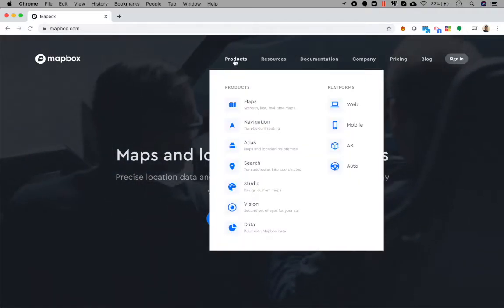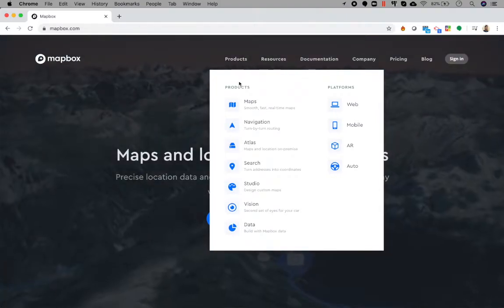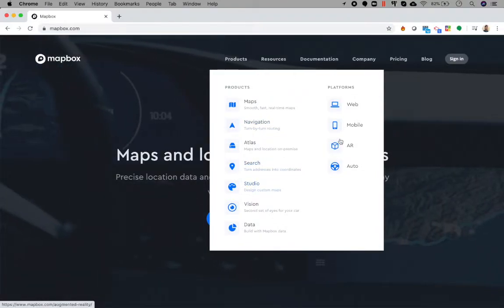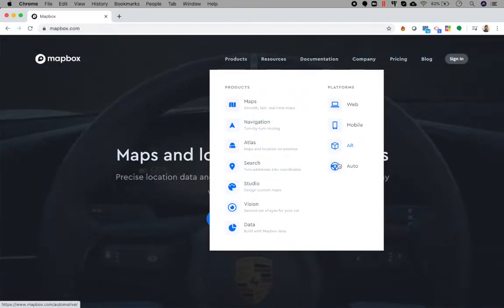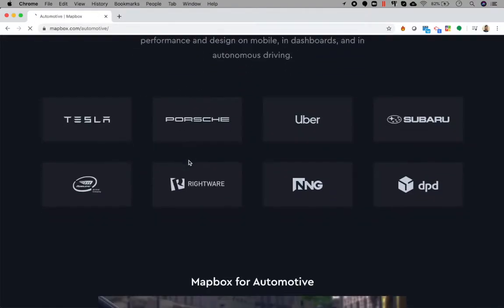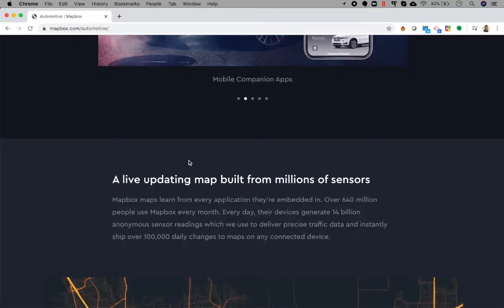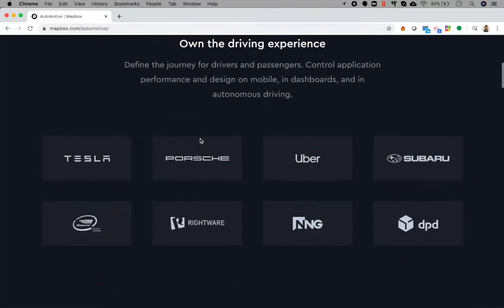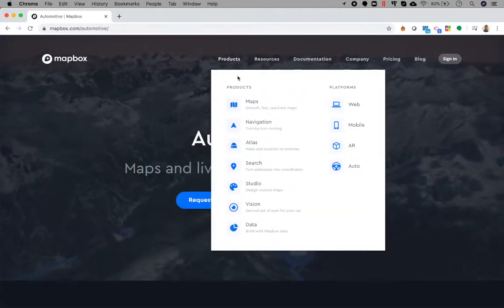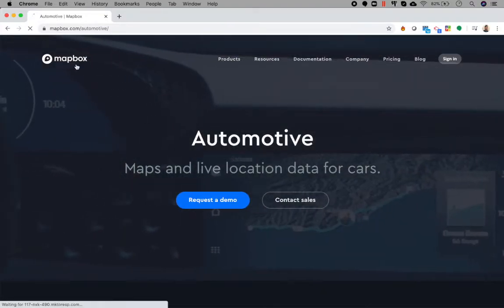If you go inside their products, you will see that they provide solutions in mapping, navigation, studio, AR, VR, and the automobile industry as well. So you can read more about their products and how to use them, and some of the use cases and their customer base, and you will be amazed to see how Porsche, Tesla, and companies like Facebook are using Mapbox for their websites and products.